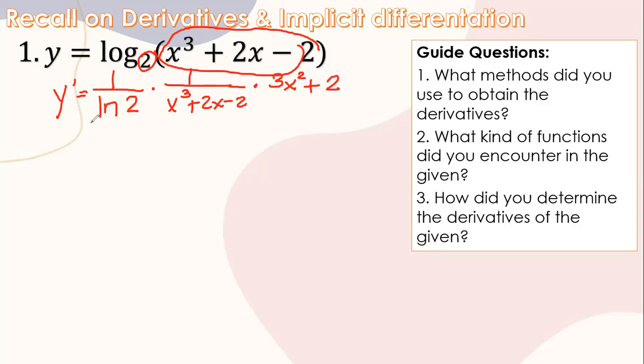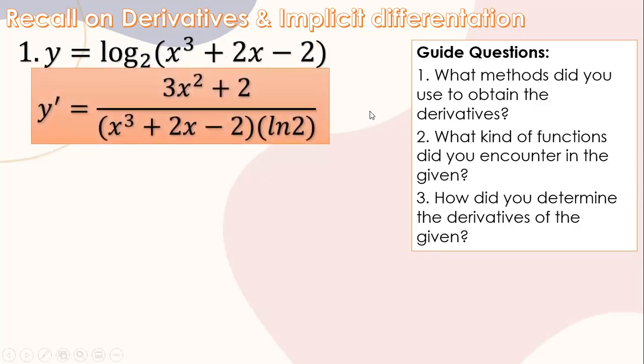Okay, and that's it. So we have our answer. Is just simplify or ayusin lang natin. And we have 3x squared plus 2 over x cubed plus 2x minus 2 multiplied to ln of 2 or